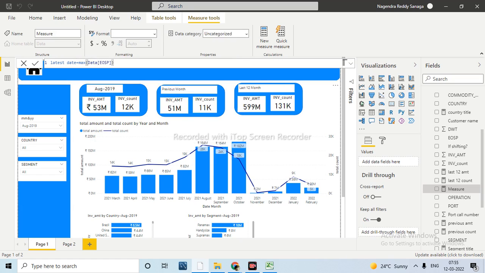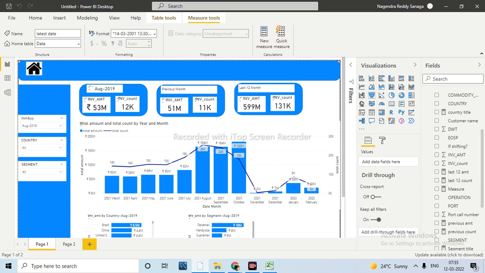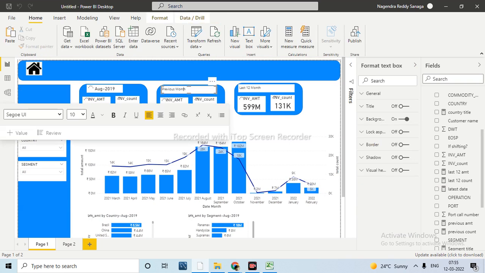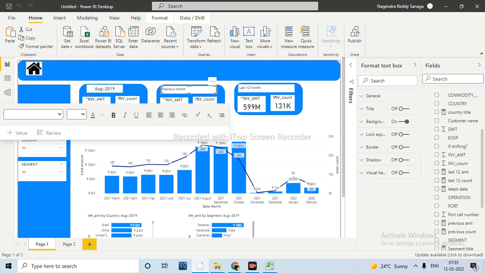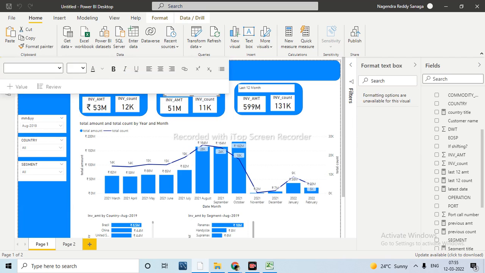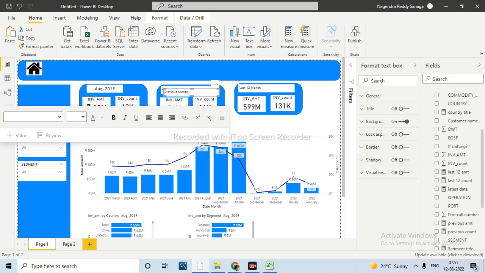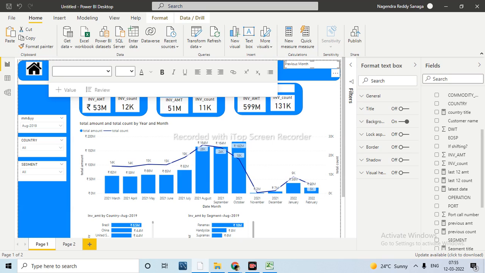Now in this one, you will have the latest date which is available in that particular field. So that when the report is refreshed, whatever the latest date we have, we will show that here. Now just let me copy this text box. And here I am taking that as latest date.